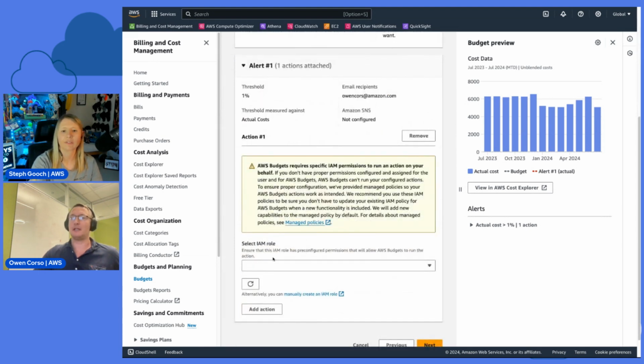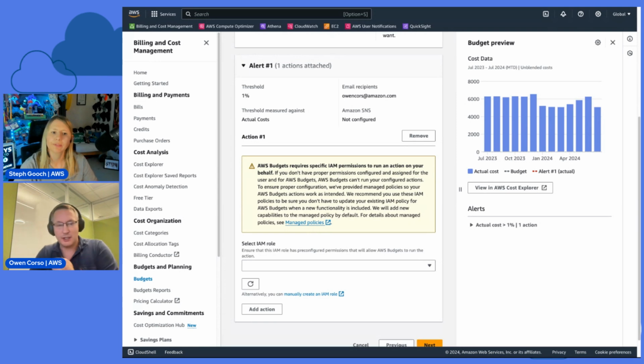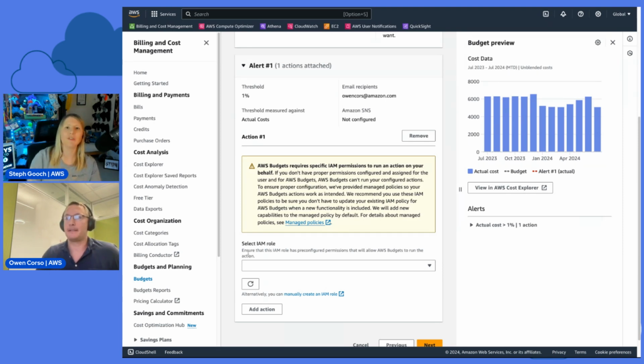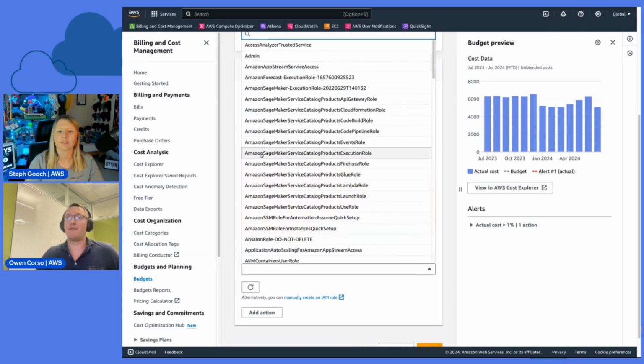And so the first thing to keep in mind when configuring budget actions is permissions. You need a little bit more permissions to do this. Like what? Well, you need to be able to pass a role to budgets, and then budgets needs that role to be able to execute the action it's going to perform on your behalf. So you have to allow budgets to have the policy. By default, it won't unless you give it this role. Correct. So as a console user, I need to be able to pass a role, and then you have to have that role that you select. So this first option is selecting the role. I already have one set up.